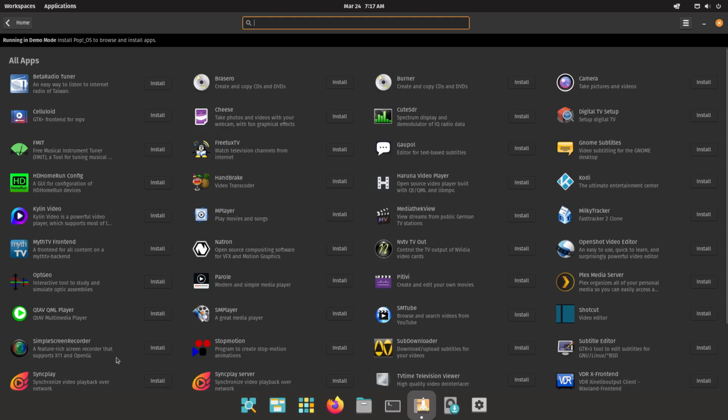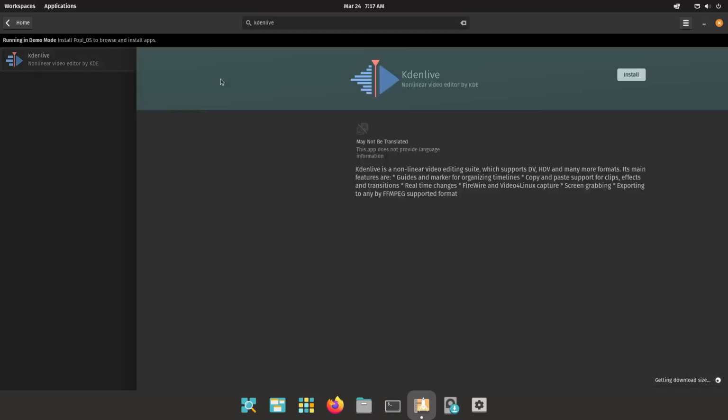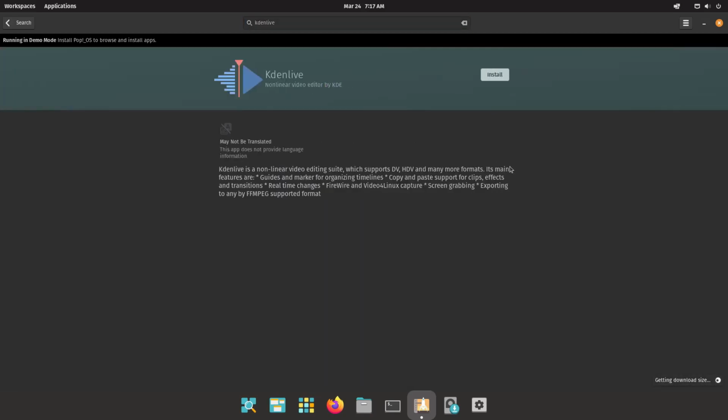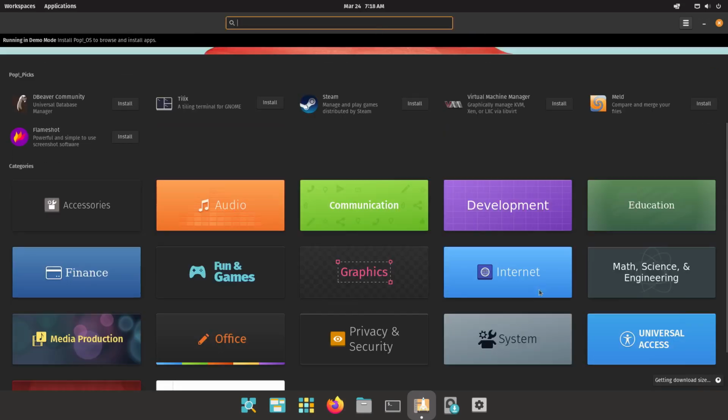We have Simple Screen Recorder. Okay, let's try to see Kdenlive. Okay, there it is, Kdenlive. Kdenlive is also here for your non-linear editing. So this is, I think, their last one